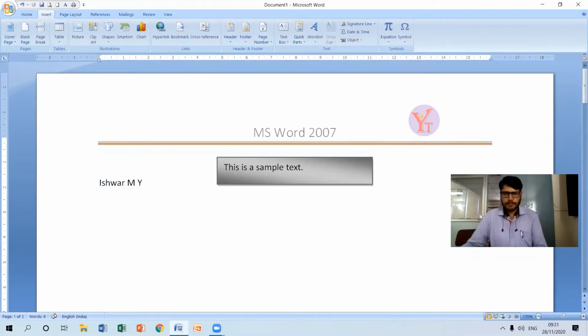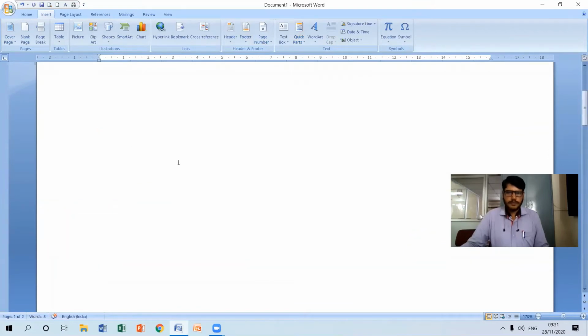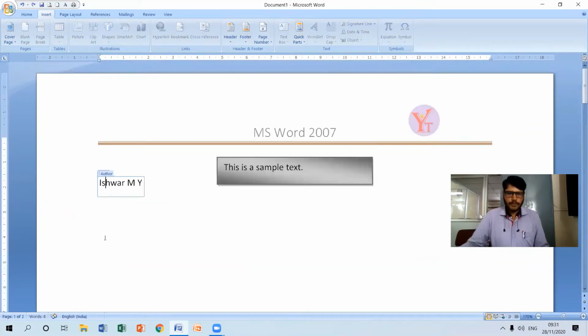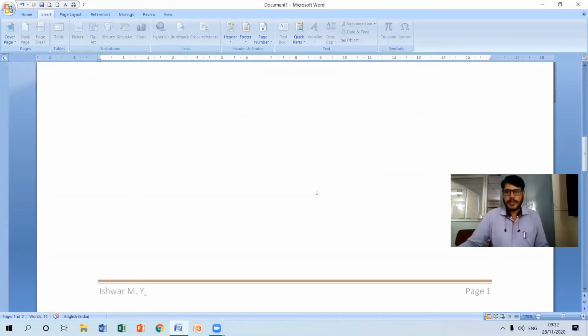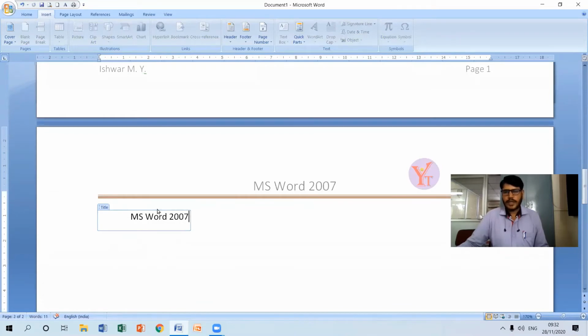So similarly, I can include even the title of the document by clicking on title, so that it will include the title of the document here. By default it has included the title because here we have entered that particular title, so automatically it has included the title. So likewise we can include different quick parts here,